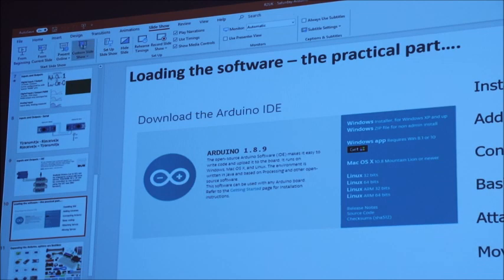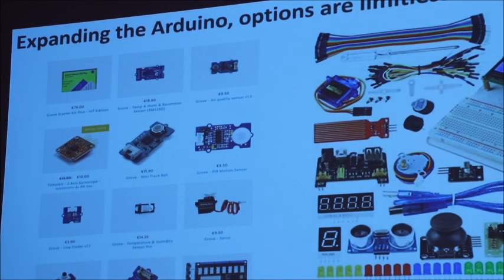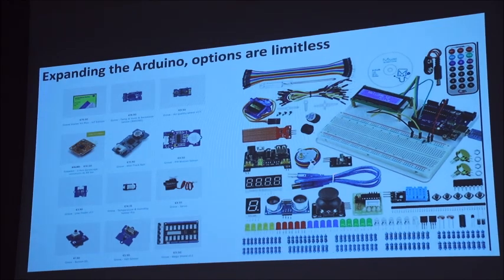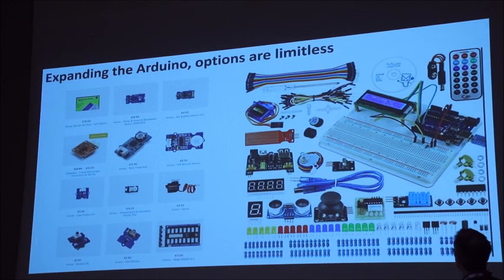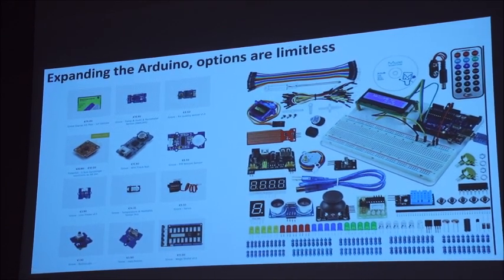So, nearly done. Last bit really, I guess, is expanding. The options really are limitless. When I said to you before about this servo kit, the Arduino kits, these are the kind of things that you end up with. You get a shed load of these things at the bottom, which are called resistors, I don't know what they do, something with electrics. You've got LEDs, transistors, a load of cables,